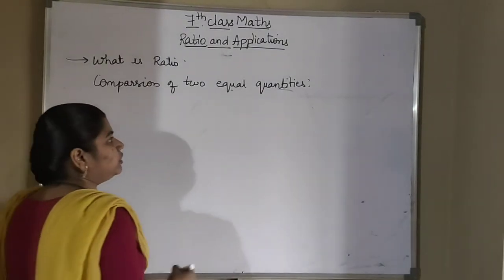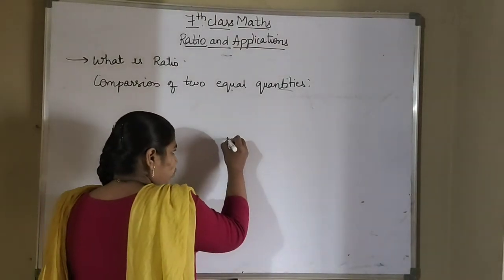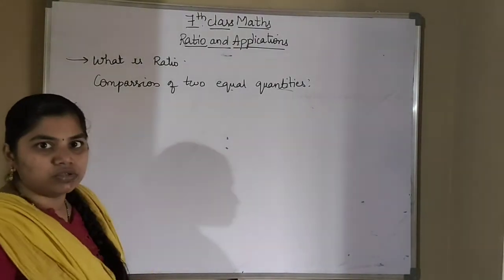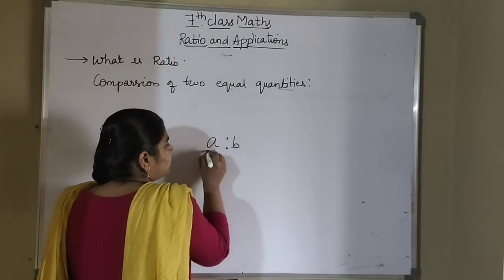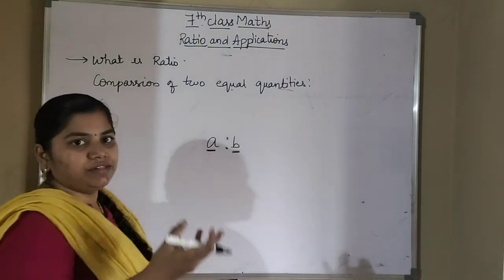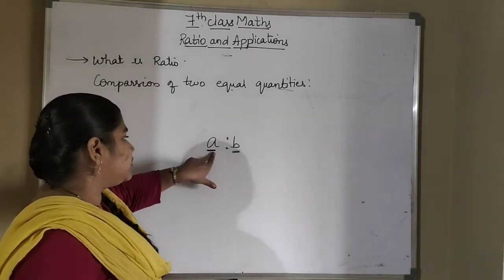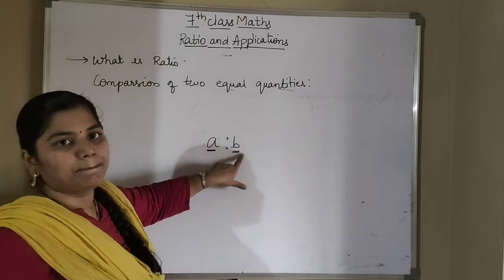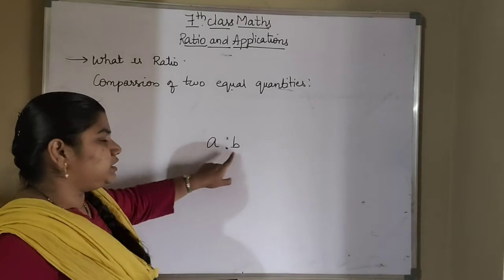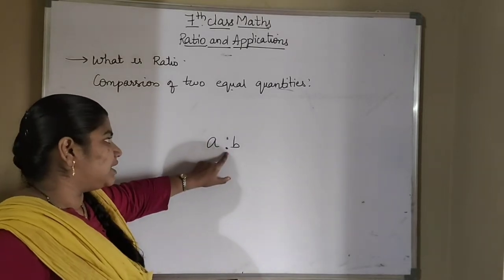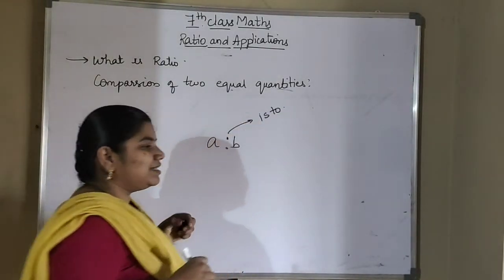So how will you denote the ratio? With two dots we will denote the ratio. How to write the ratio term? That is A is to B. This is the first person, this is the second person. You can think of them as persons because you are comparing height and height. The first person's height and the second person's height you are comparing. So in general form, that is A is to B, and we denote the ratio with these two dots. We will call this "is to".